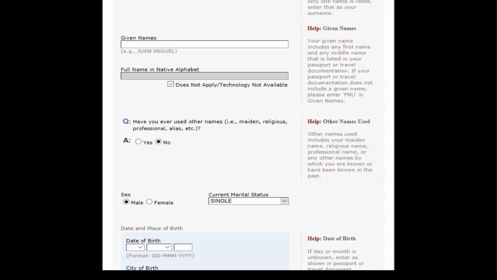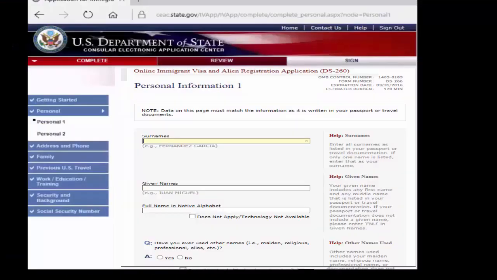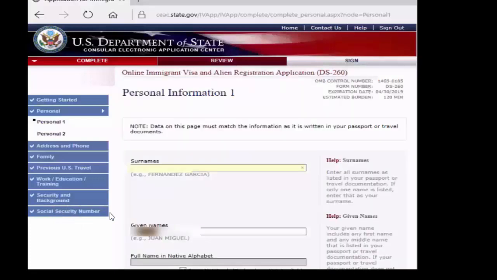Check on I certify that I have read and understand. Once you do that, on this next page, you're going to see all the sections. Like we just reviewed the getting started page. And after that, you'll be entering your personal information 1 and 2, address and phone, family, previous years' travel, work, education, training, security and background, and social security number before you finish the entire form. So again, right here it says it could take at least 120 minutes to complete this entire form, like